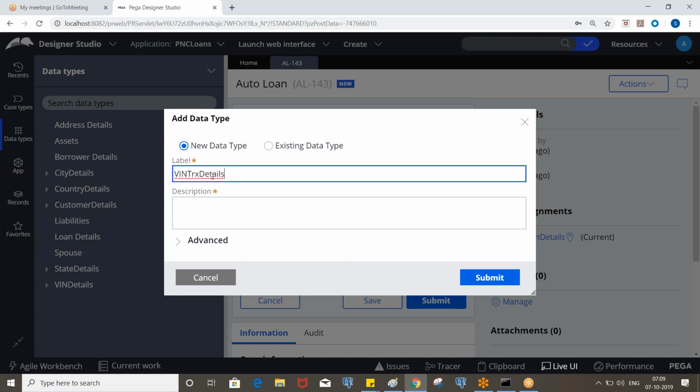So initially we worked on the customer details activity, right? Where we used Obj-Save to insert the data. In a similar way, we are going to do this.